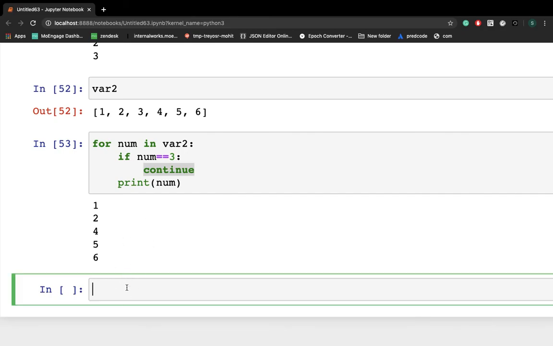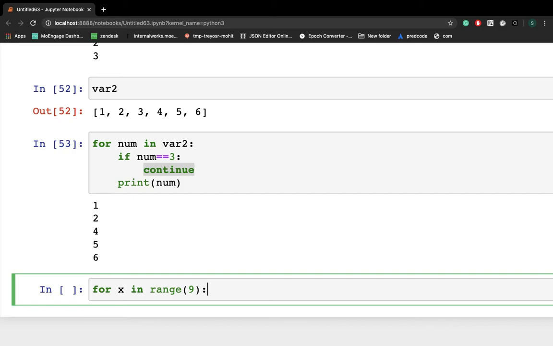Next we'll see the range function. This is a very important function. The range function returns a sequence of numbers starting from 0 by default and incremented by 1 by default. However, you can specify those values as per your own use cases. So let's say I'm writing for x in range. This is how we can write the range function. I'm writing 9 here.